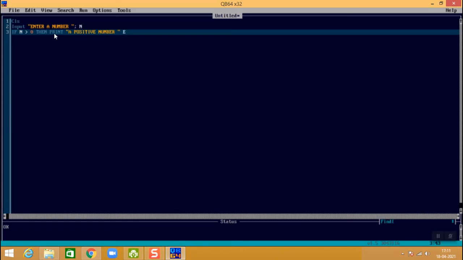When it is showing else, I will write else print. If there is any wrong statement, it will definitely show an error. Now it's showing okay. So I will write a negative number. It's showing okay. So I am very relaxed.